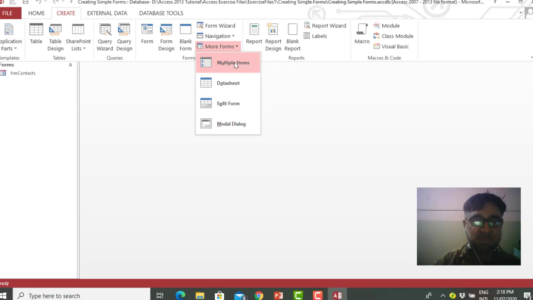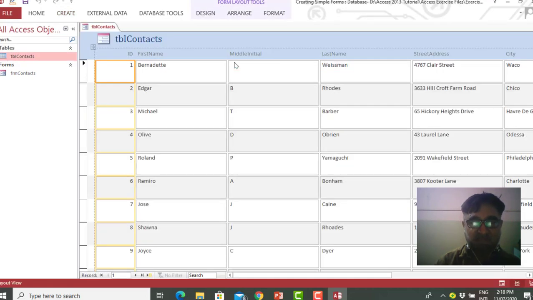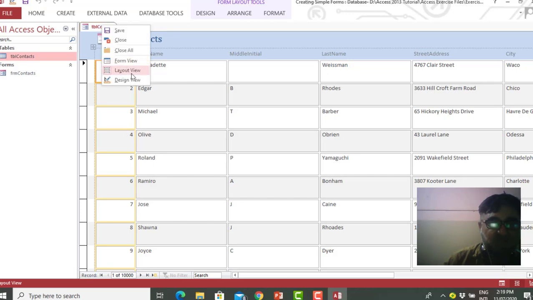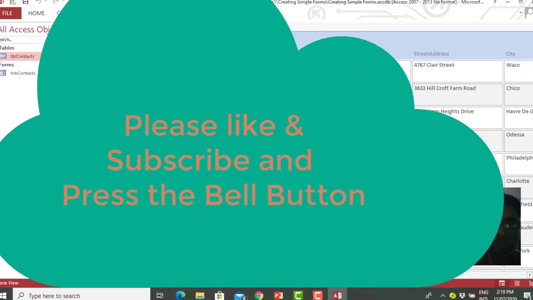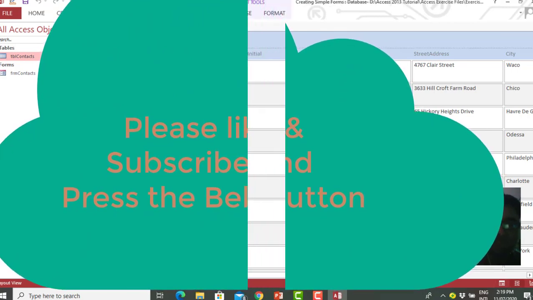As soon as I click multiple item forms, Microsoft Access will automatically create a multiple item form for us. Look at this. This is a multiple item form, and it is in layout view. We can see this in form view the same way.